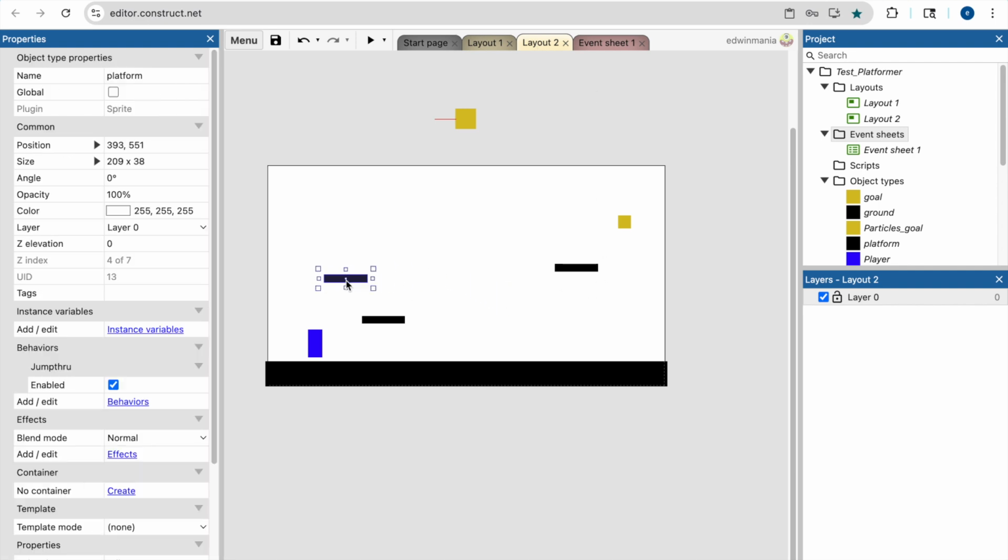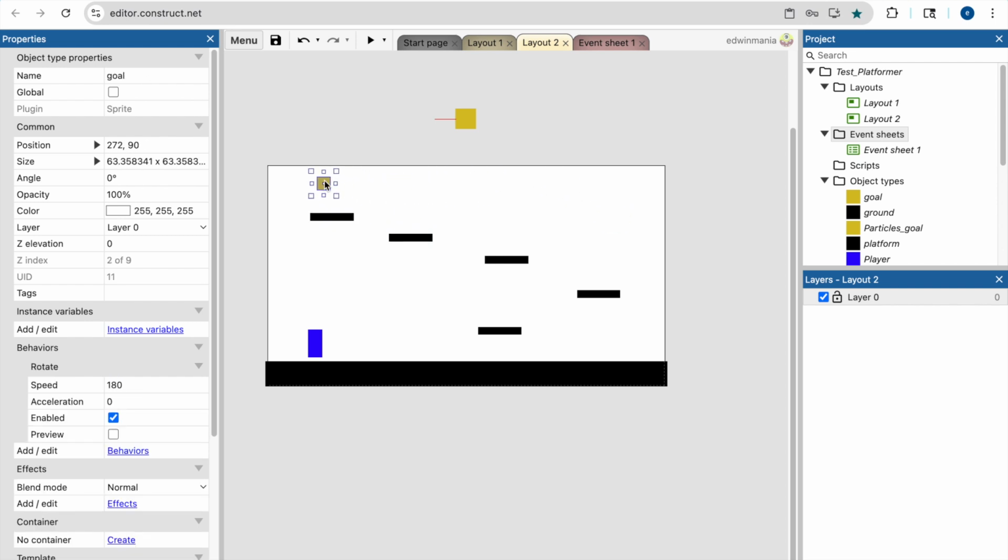Let's make this platform appear maybe here, and this one here, and then this one here, and let's add some more. Let's add the goal right there. Okay, let's try it out